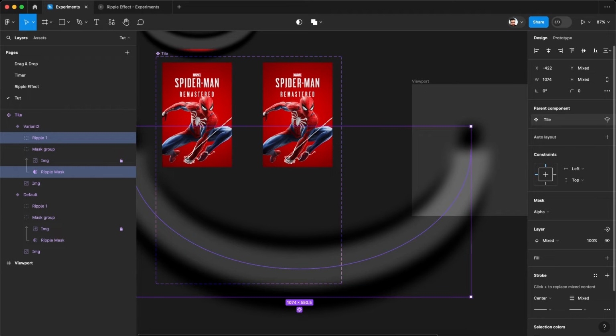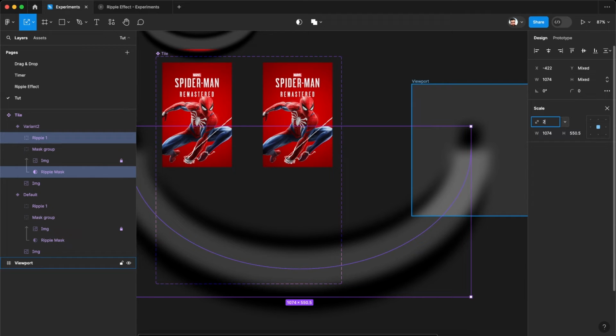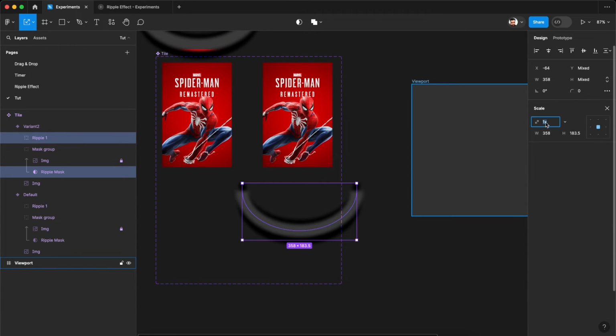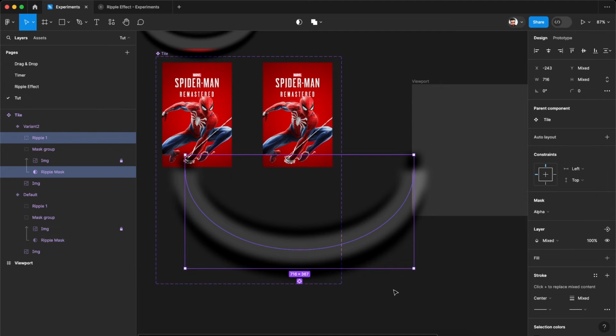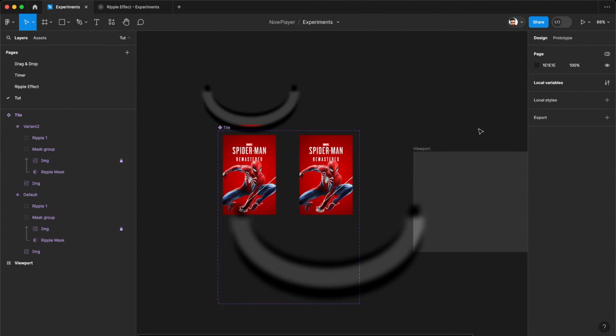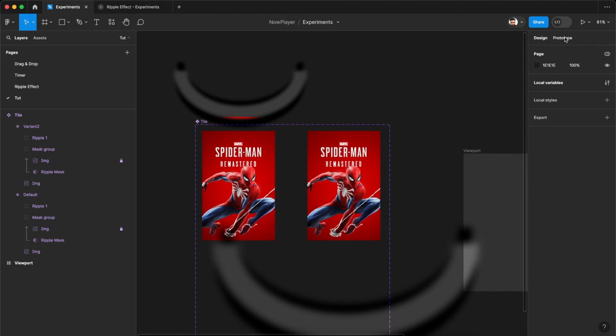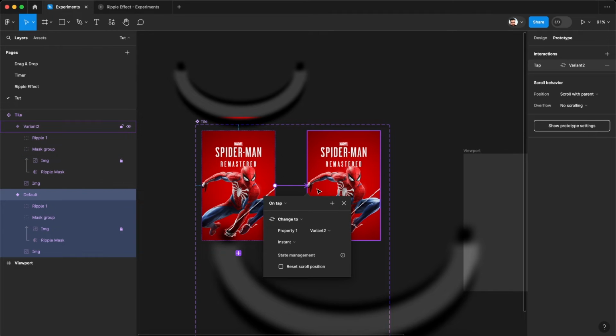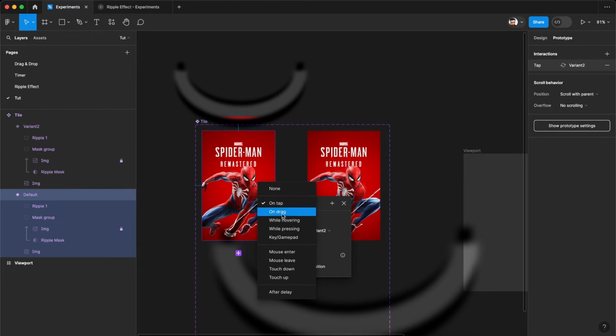No, this is too much. I guess let's work with 2. Sorry, Control Z to the original size and let's make it 2x. Good. So now go to the prototype window, select the first variant, draw a noodle out of it and say